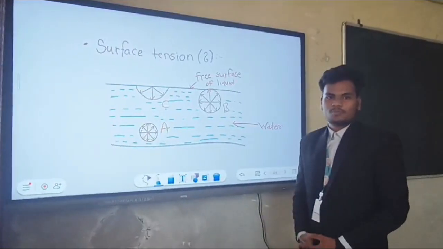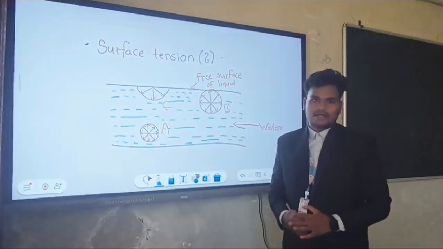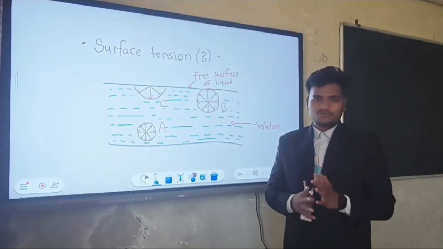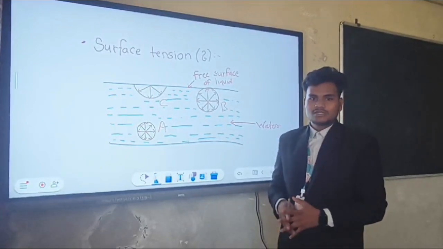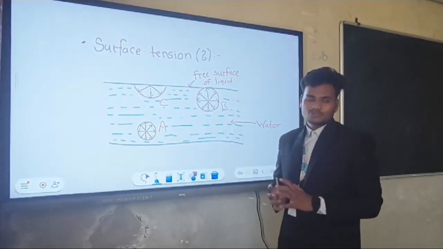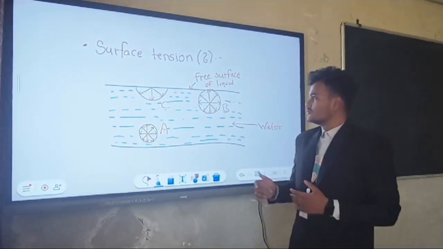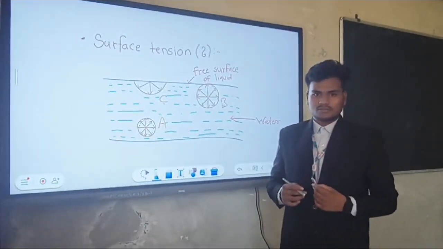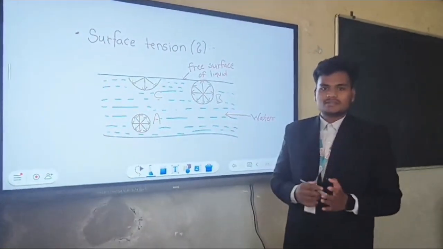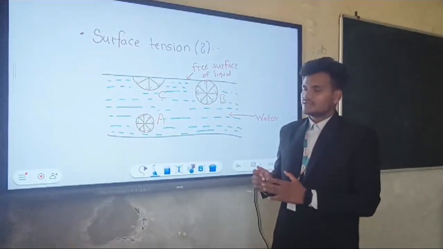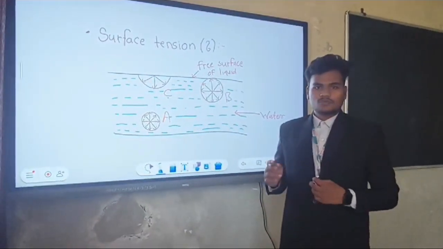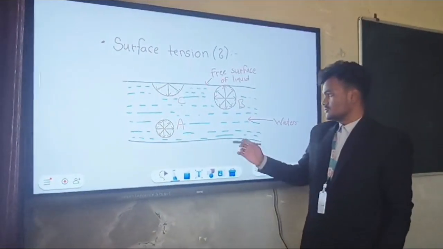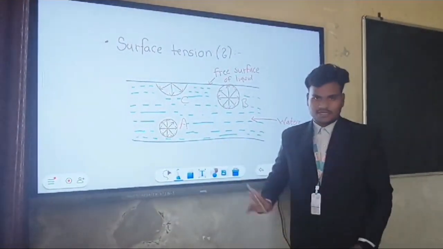Surface tension is the property of a liquid surface that allows it to resist an external force due to cohesive forces between liquid molecules. It is caused by the imbalance of the intermolecular forces. The molecules at the surface experience a net inward force, leading to the minimization of the surface area.